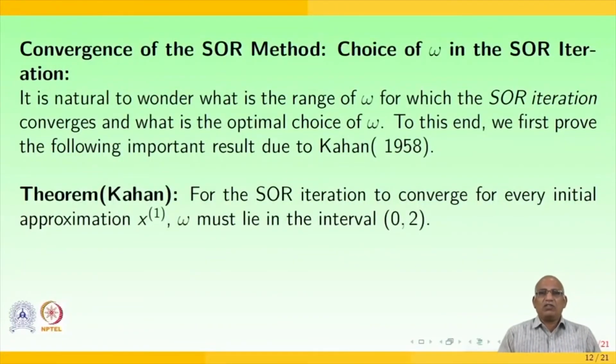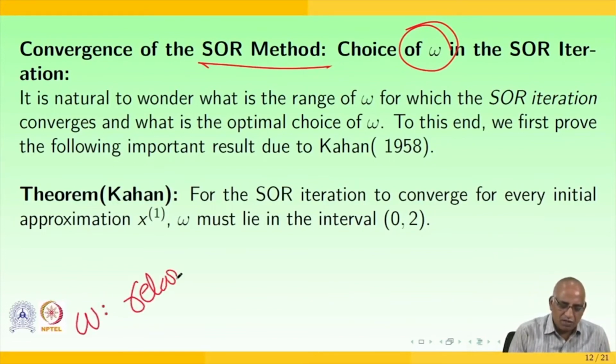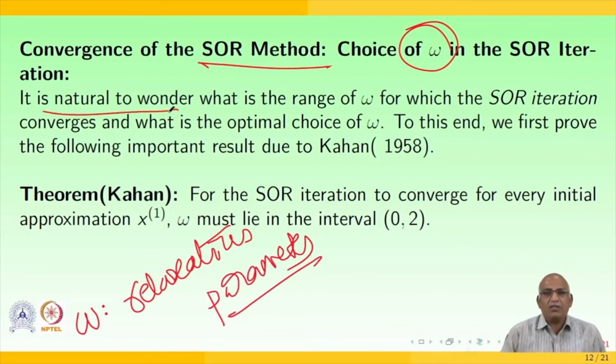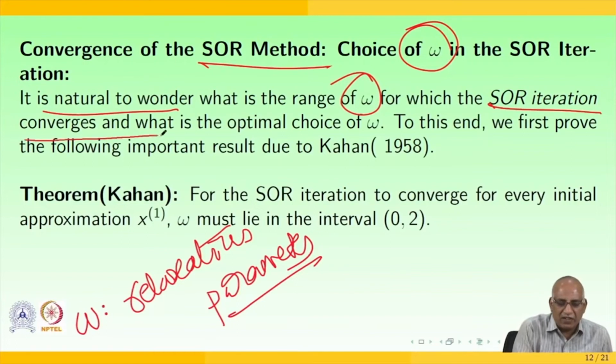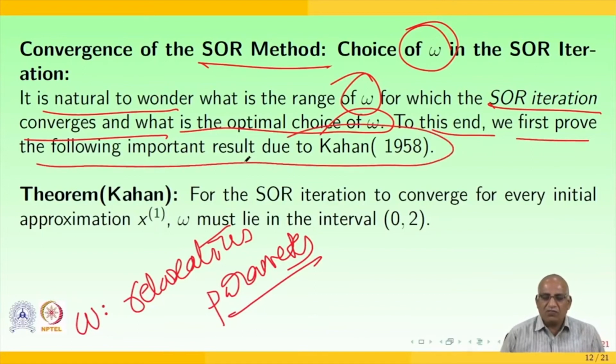And when you talk about the convergence of the successive or relaxation method, it depends upon the choice of the relaxation parameter, omega. It is natural to wonder what is the range of omega for which SOR iteration converges and what is the optimal choice of omega. To this end, we first prove the following important results which were developed by Kahan